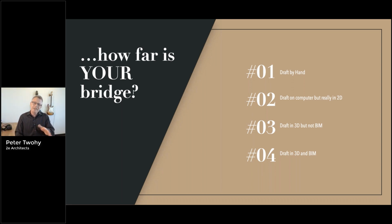So that's a little bit the deal they made with computer drafting. We would draft these buildings, homes, skyscrapers, or anything else by hand. And then they said, wait, no, you could do it on the computer. And at the end, you have the same exact thing. You have a set of drawings on the one side and a set of drawings on the other. But now, when you draft on the computer in 3D, it's different. So what if I said, instead of just losing 1 pound, what if I guaranteed after 10,000 sit-ups